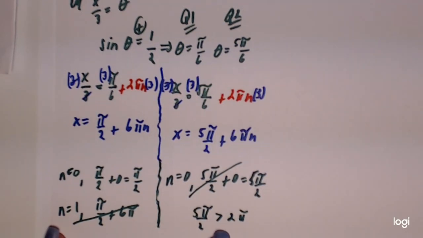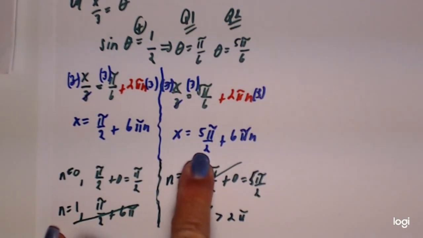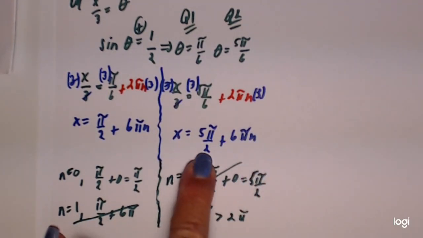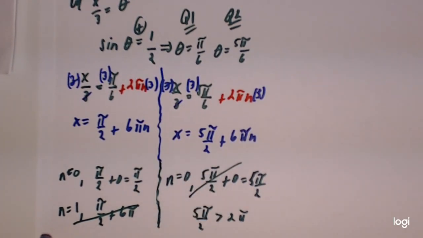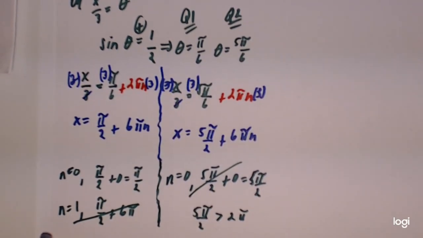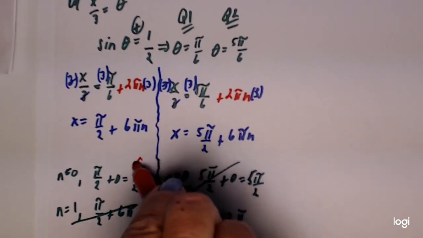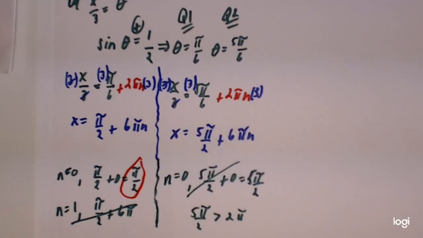And some of you might be saying, well, I could see this was bigger than 2 pi from the beginning, so did I even have to go here? No. If you recognize the angle that you're starting with is bigger than the limit of your largest angle, you don't even have to test it. So our one answer would be here, this pi over 2. We only have the one answer,